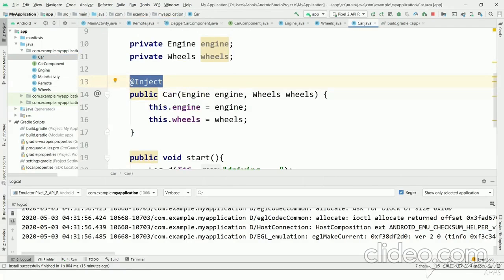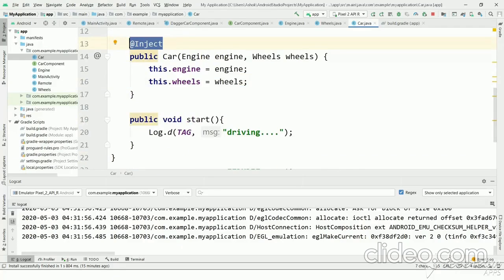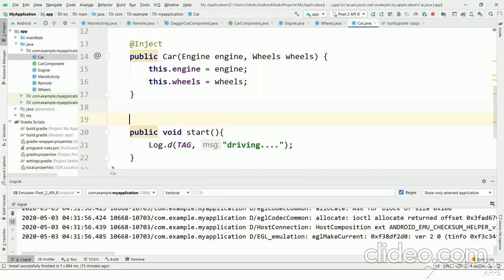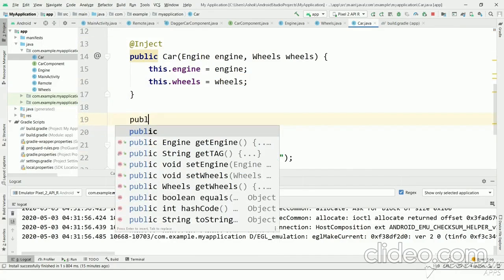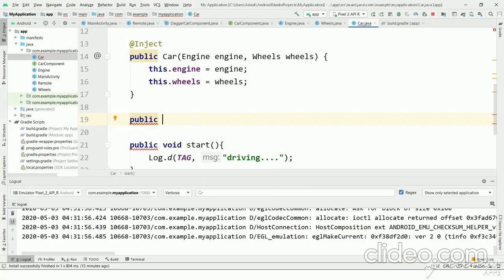We have created a remote class, and we will set this car. void pass car to remote,